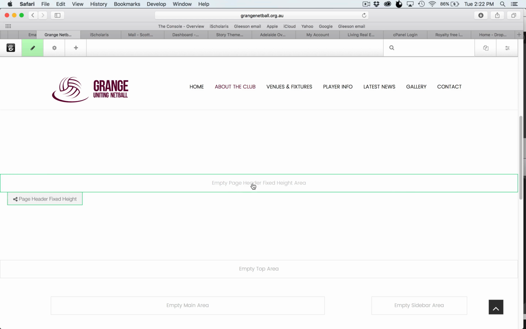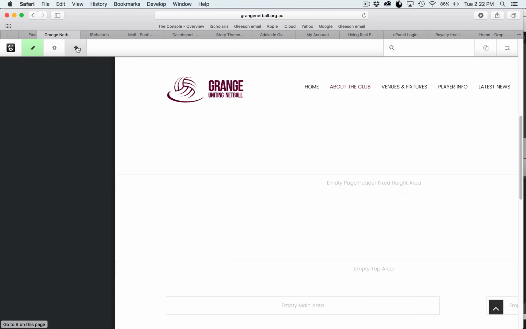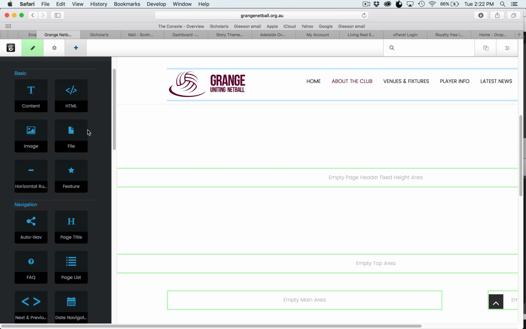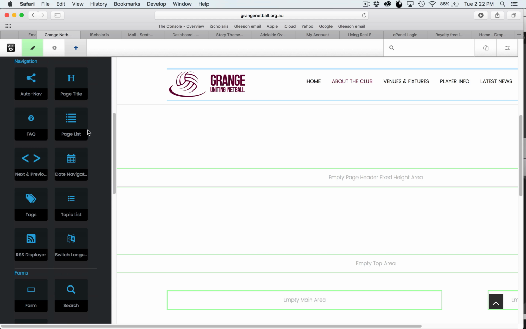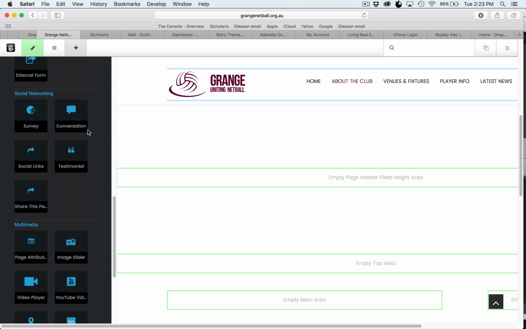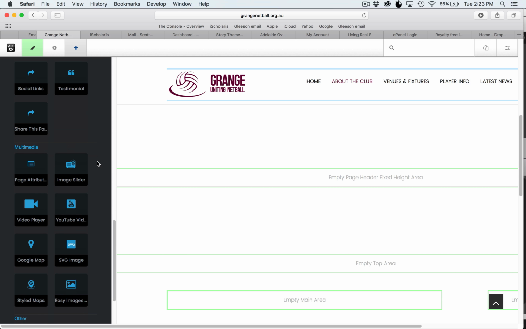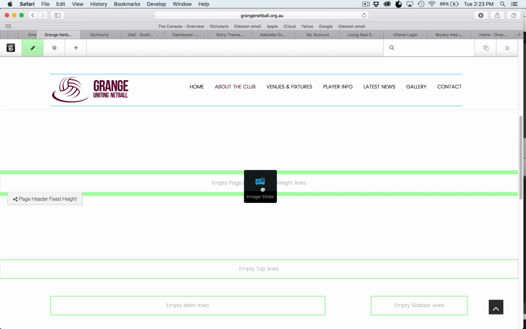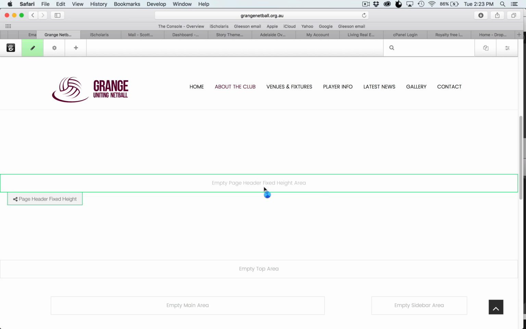So we want to put a header in here which has the image which is on each page. In order to do that, we need to click the little plus icon, and you will notice that we've got all these little icons that we can use to add blocks to any of our areas on the page here. We want to add an image slider in here. So if we click on image slider and drag and drop it into that particular area there,